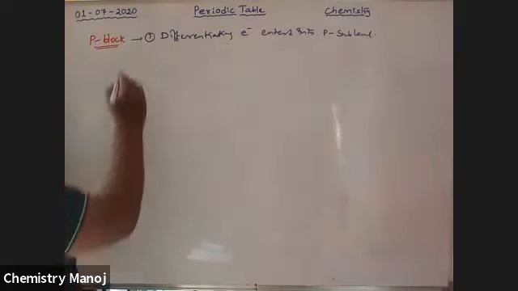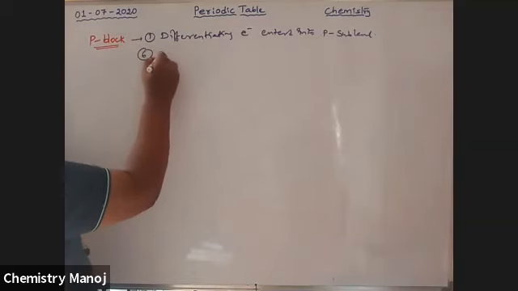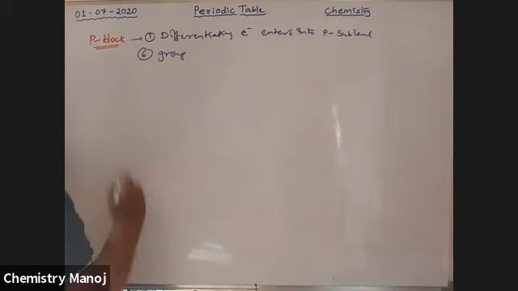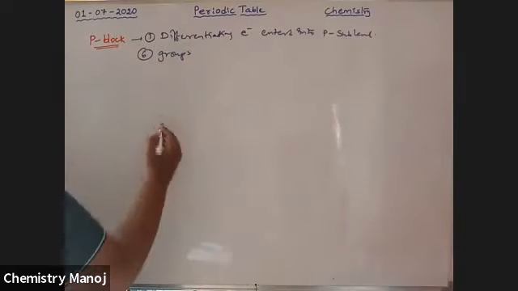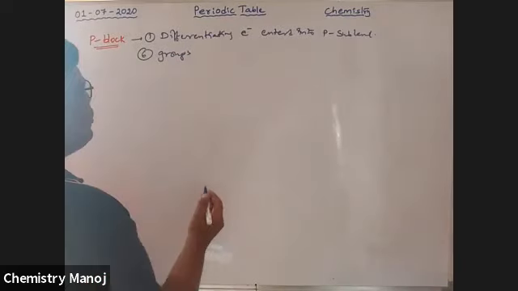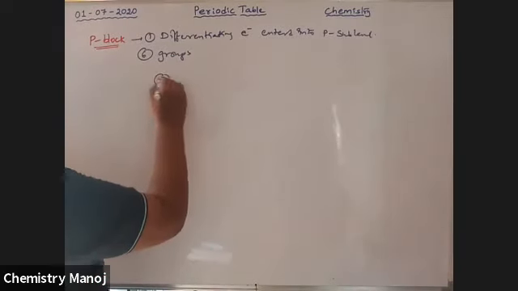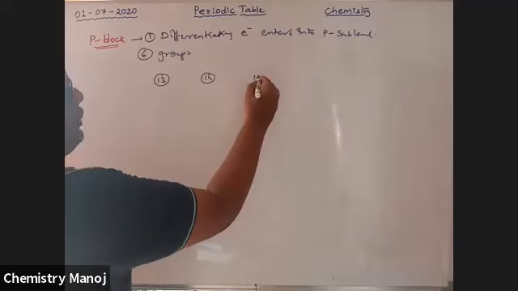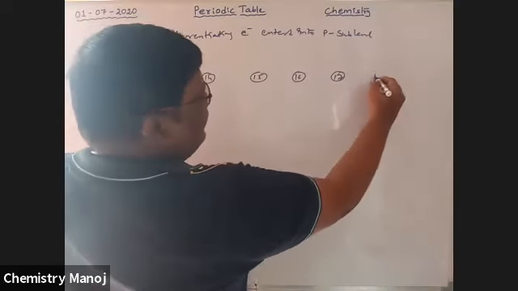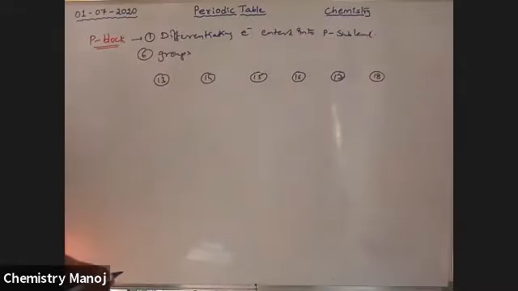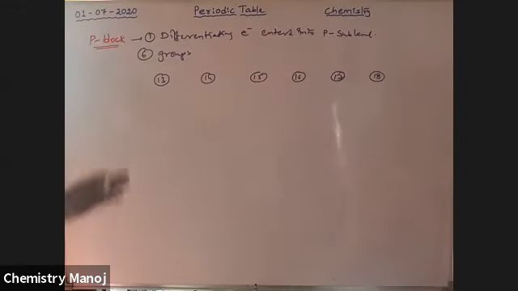So here a total of 6 groups are present, as the P sub energy level has a maximum of 6 electrons. What are those groups? That is the 13th group, 14th group, 15th group, 16th, 17th, 18th group. These are the groups present in the periodic table that come under P block elements.